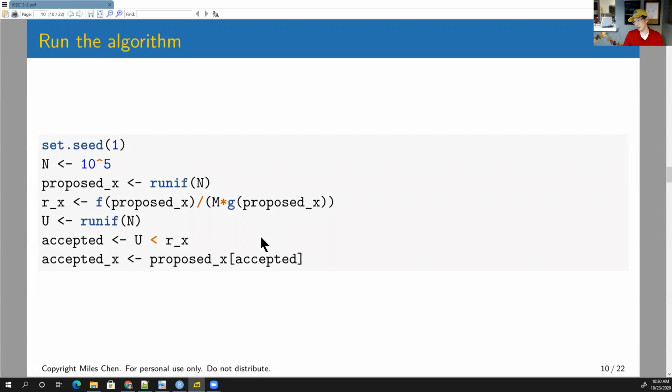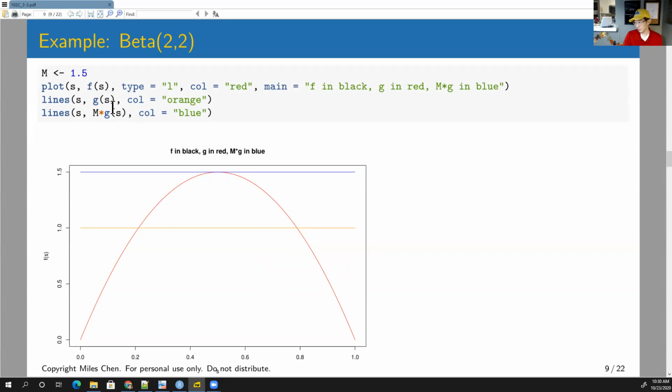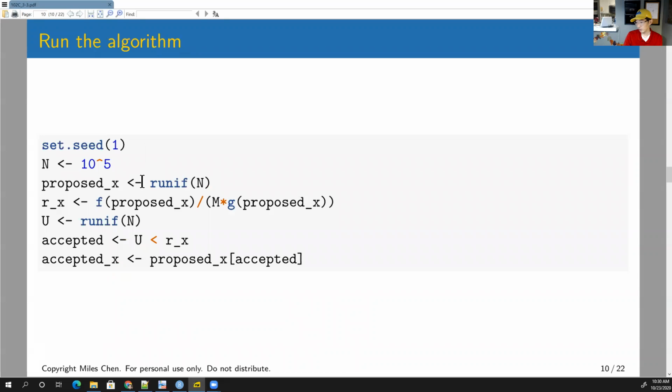Now we run the algorithm. My proposal distribution is g, which is uniform. So I'm going to propose values of x from the uniform distribution, 0, 1. And then that ratio is going to be f divided by m times g. So I take g of the proposed value. This is the PDF of the uniform, so that's basically just 1. And this is going to be 1.5 times 1. Technically, this is a little bit silly, but this is just the general form. So this is 1.5 times 1 down here,